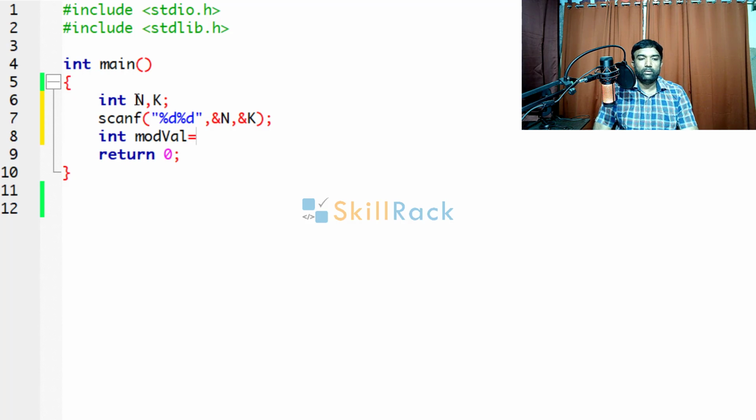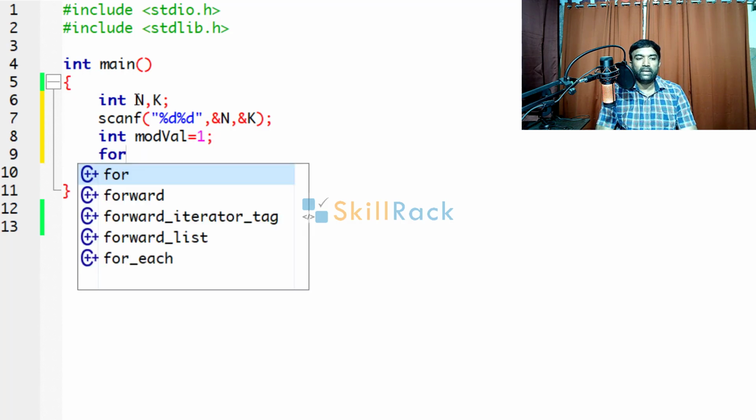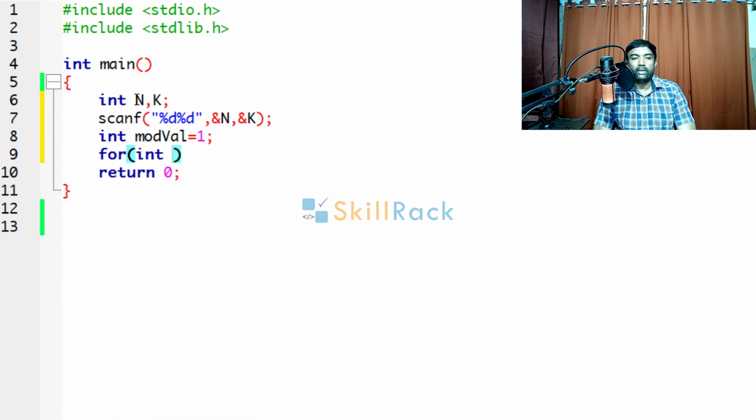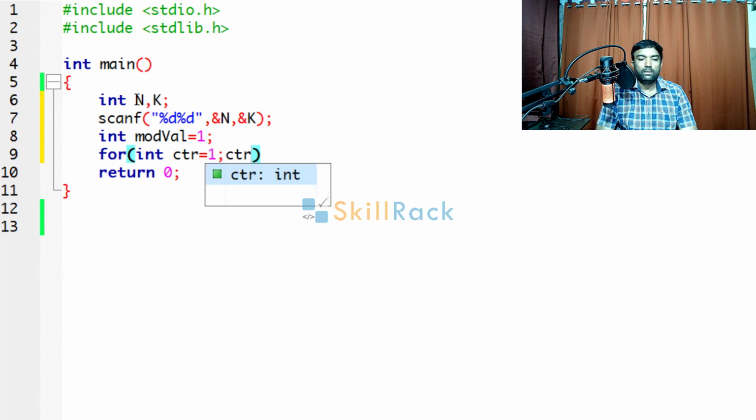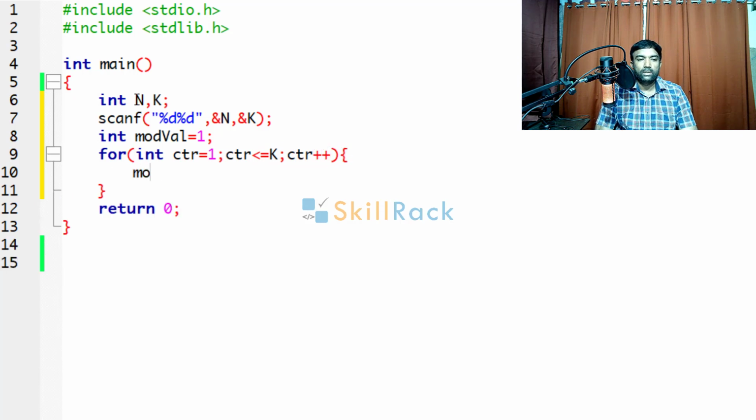Mod val equal to 1. Now we have to have a loop, because we have to multiply mod val with 10 for k times. So counter equal to 1, counter less than or equal to k, counter plus plus. So this loop will iterate k times.